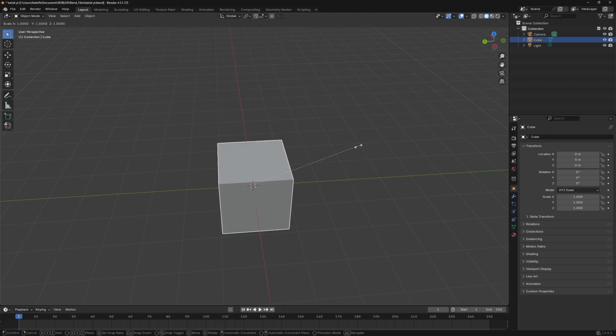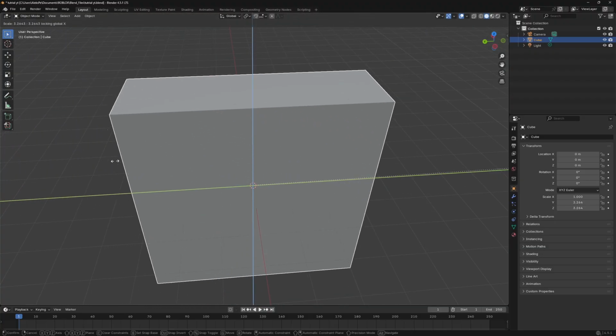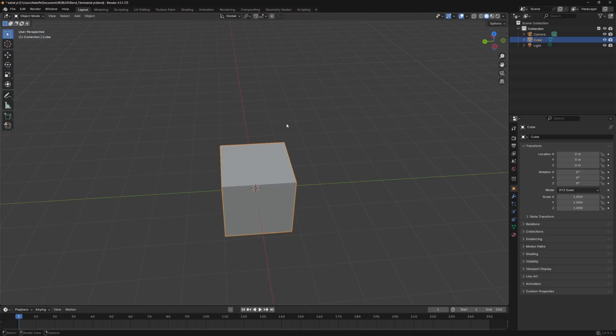So let's say for example we don't want to scale it on the X, we would press first S and then Shift X, and then it will scale on the Z and Y axis. So that is how we scale and move the object, but we cannot really create anything good with that,